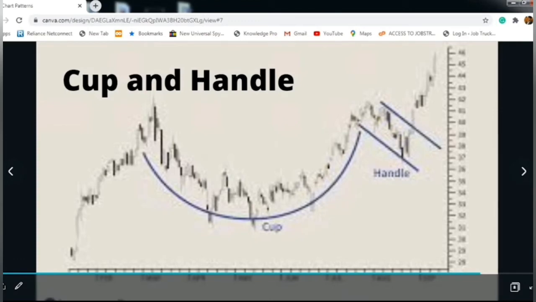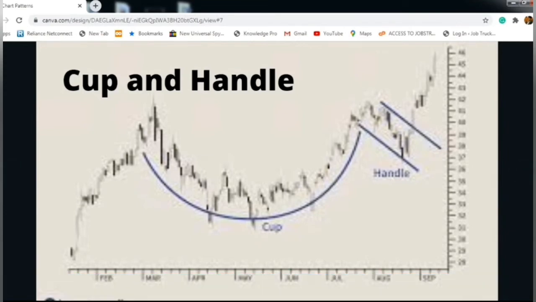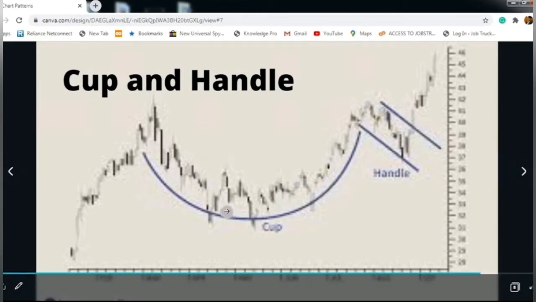The image which I have taken now does not have that much clarity. Sorry for that. Next is the cup and handle. By viewing this image, you can understand this particular stock price is moving in a descending manner. And when we have a close look at its support line, it is a semicircle. You can see that it is similar to a half cup. That is, the stock price is decreasing, at a point it is increasing and coming back. So it is similar to half of a cup or half of a circle.